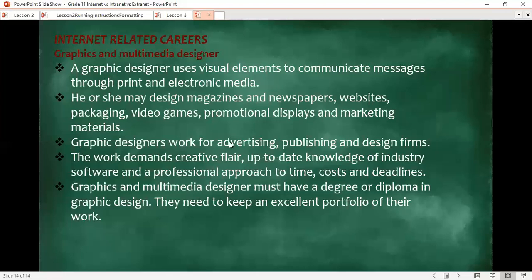Graphic designers work for advertising, publishing, and design firms. So here, as we have said, most of the videos that you see on the ads part, the Facebook ads, or maybe when you go to a website, you will find ads trying to promise